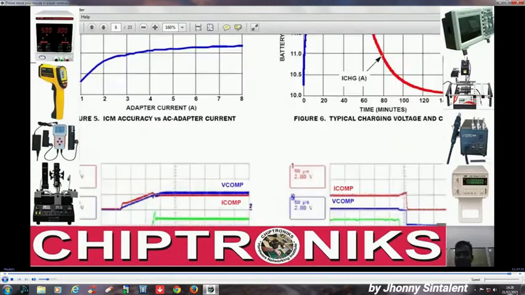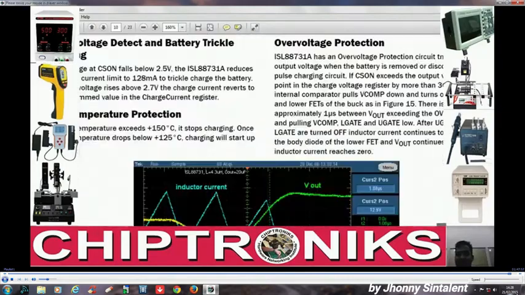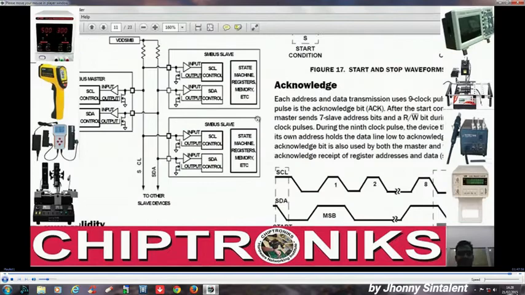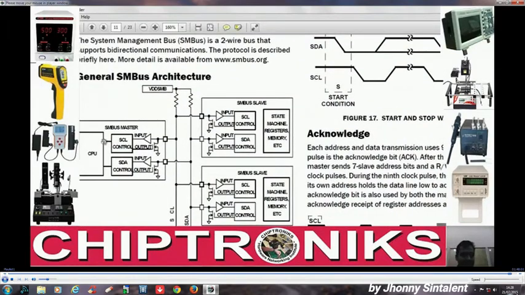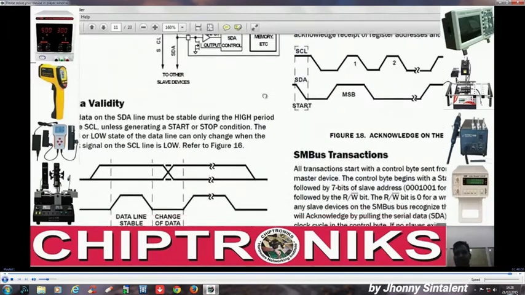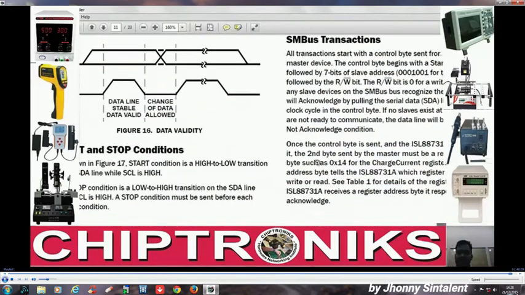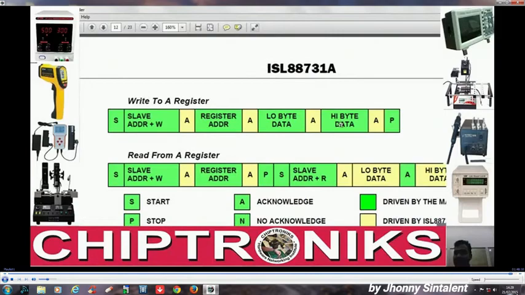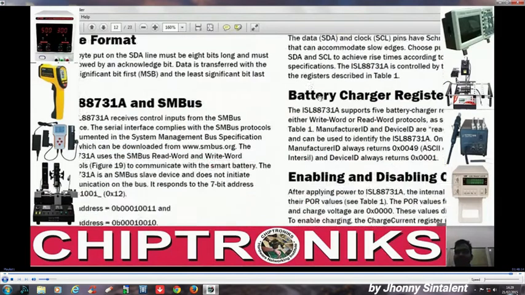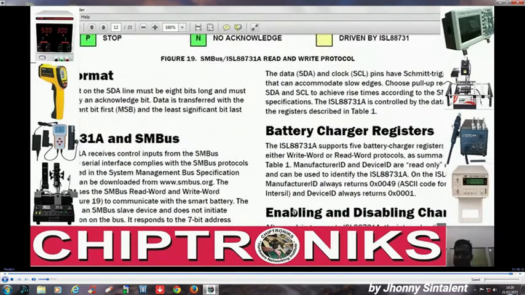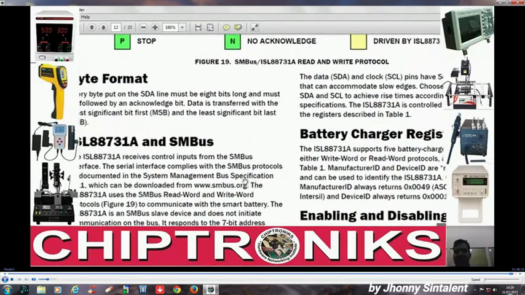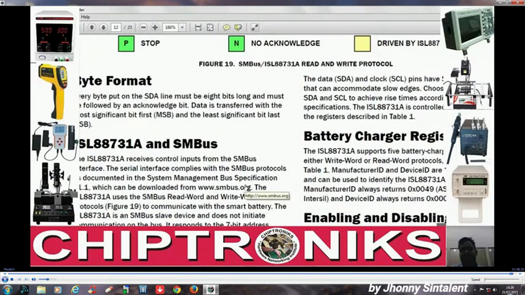If you go down, you can see there is an SM bus. It will look like this, you see over here. They have described the SM bus. We'll have a separate class on SM bus, and no need to go into this detail right now. This class is already too lengthy, so we'll have a different class, and we can sniff out data from this SM bus. So in the next class I would have just 30 minutes of class,